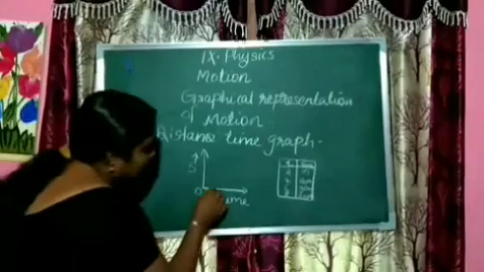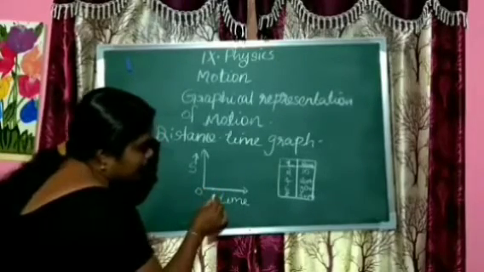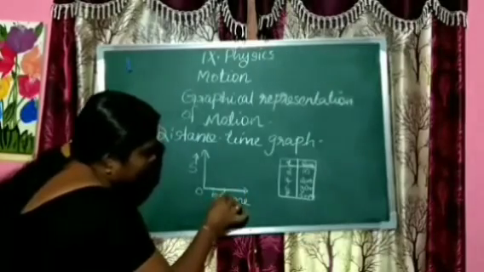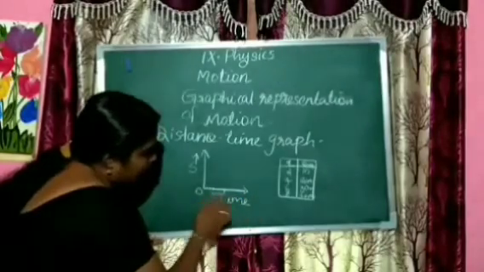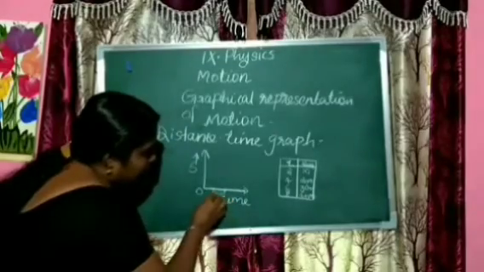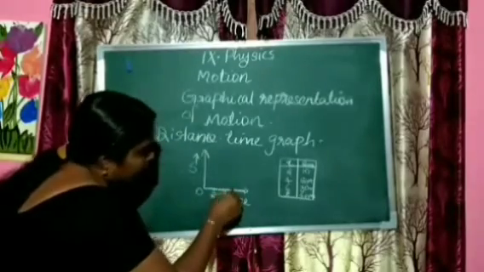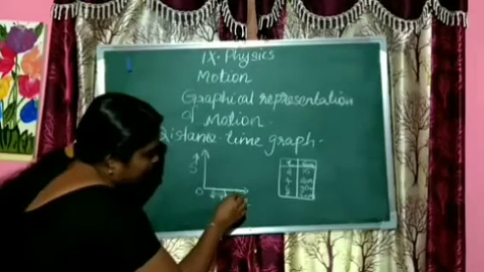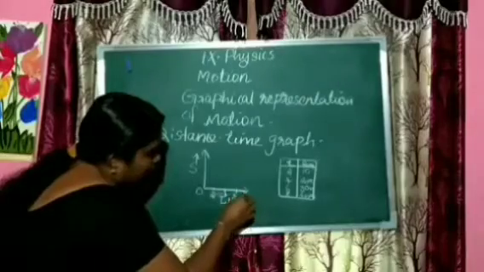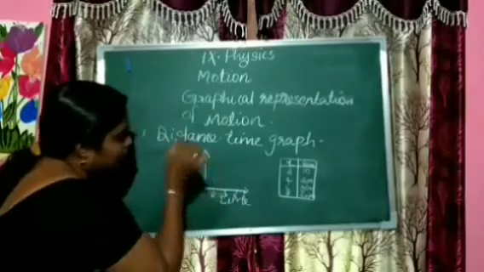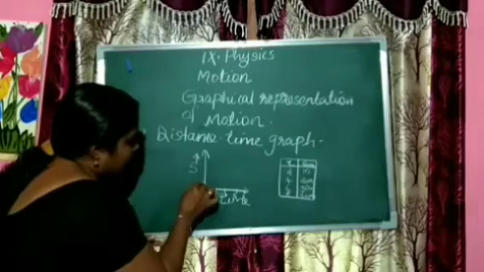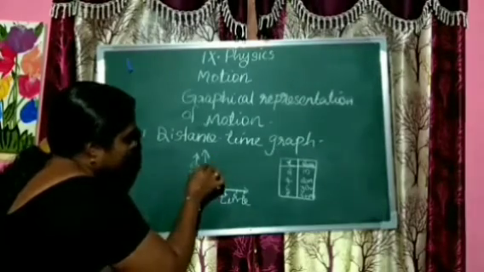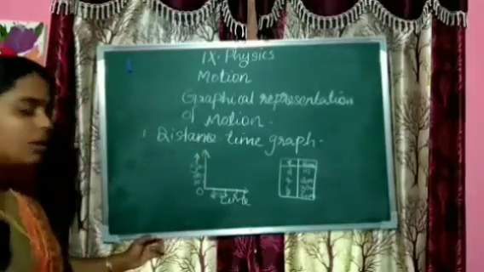So we can mark the points here. In the last class I explained how we can plot the graph. Here the scale on the x-axis is time, and we can note the time here: 2 seconds, 4 seconds, so 1 centimeter is equal to 2 seconds here, and 6 seconds, then 8 seconds. And here we can mark the distance also, that is 10 meter, 20 meter, 30 meter, etc. Then we can mark the coordinates.